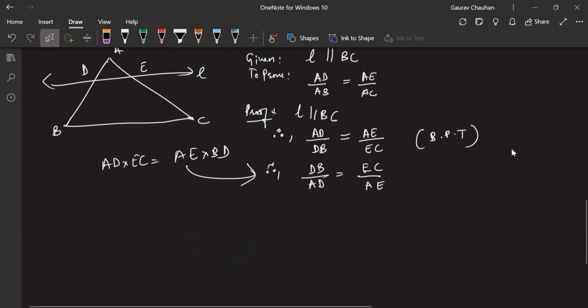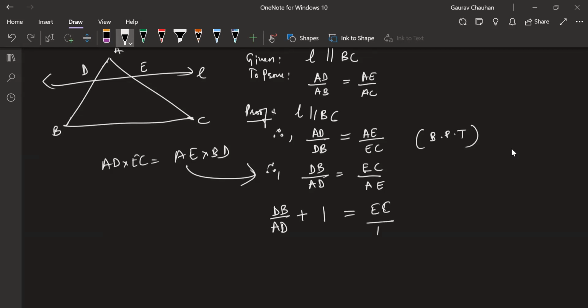Now I'm going to use a trick which I used in the previous question, which is an important trick. It's going to come in handy in many cases in this chapter. I'm going to add one. Where to use it and when not to use it will come by practice. I have not formed a principle in my head as to when we add one. As you do more and more questions, you will realize when to use the trick.